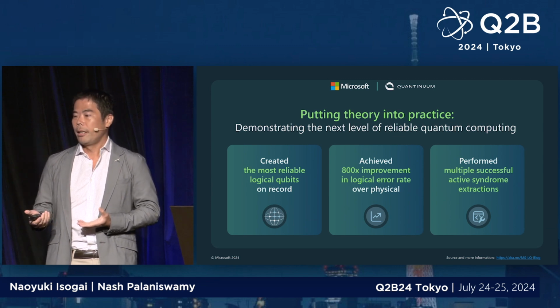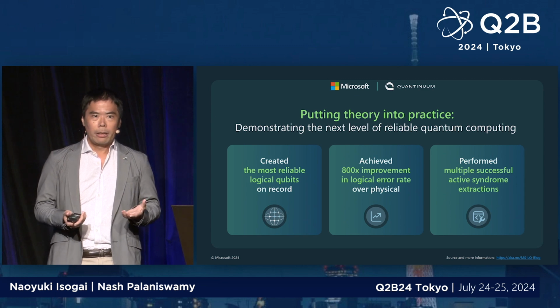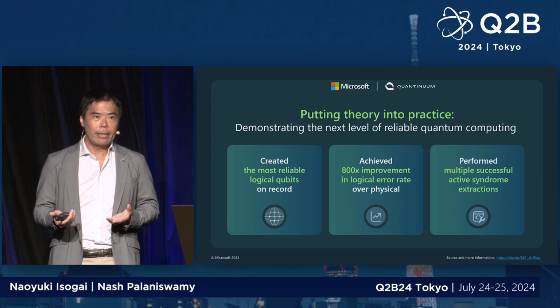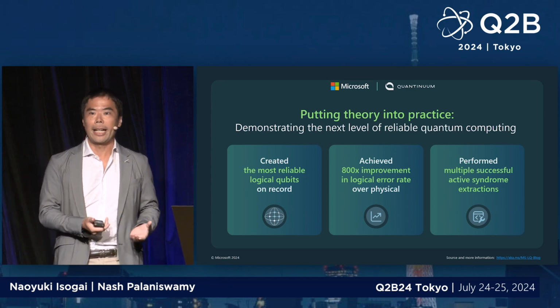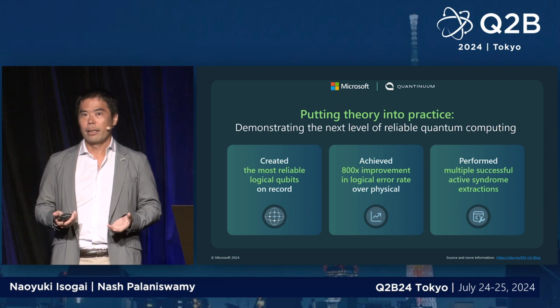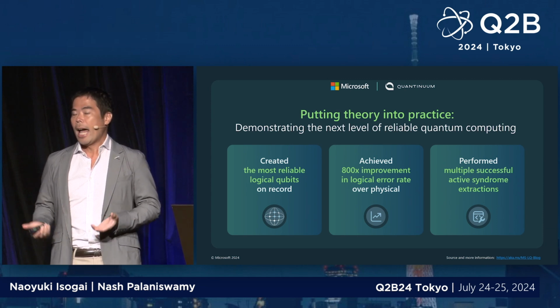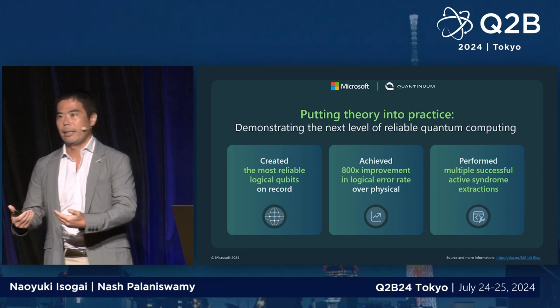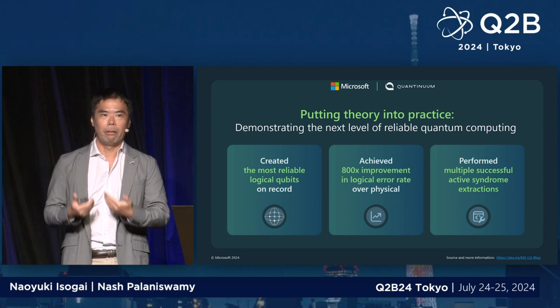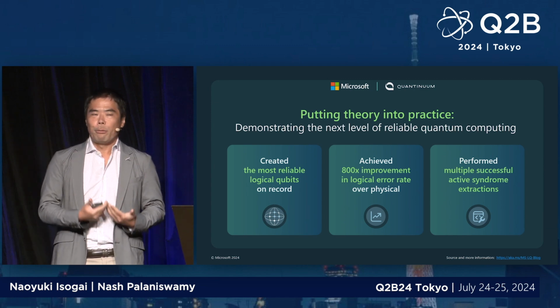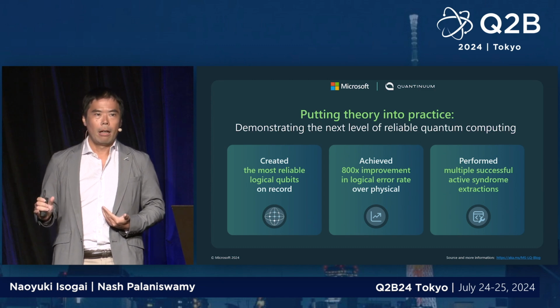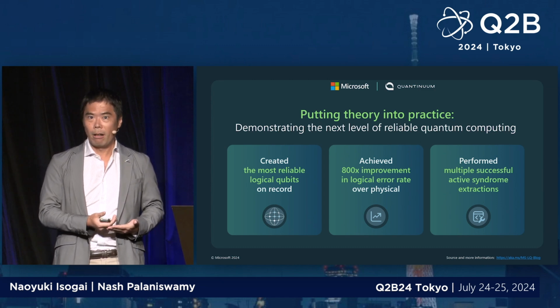So first, we really enabled the most reliable and resilient logical qubit on record in the world together. Back in April, we also published the journal to the American Physical Society together to really prove that kind of attainment. Then how do we call it a really reliable or resilient logical qubit, right? With that logical qubit, we actually created 4 logical qubits on top of 30 physical qubits of Quantinuum